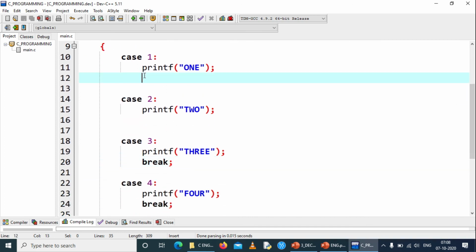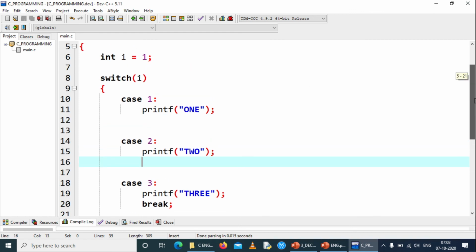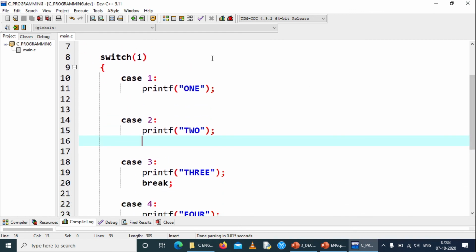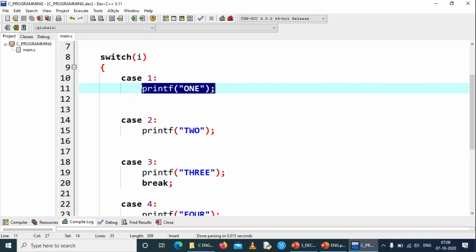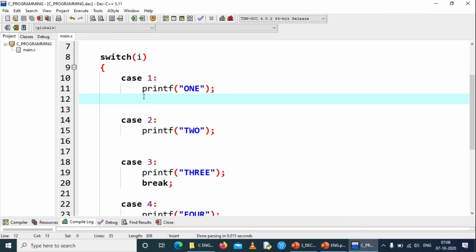We have removed the break statement here, but we have not removed the break statement here. The value that matches the I value is case 1, so the control enters the case here. It has printed 1. Since there is no break, it continues its execution into case 2 also without even checking the value.